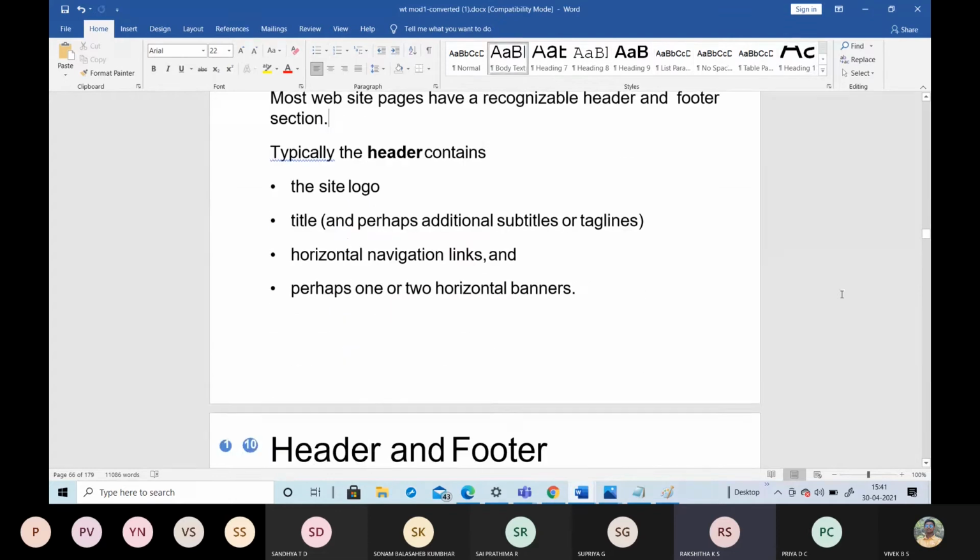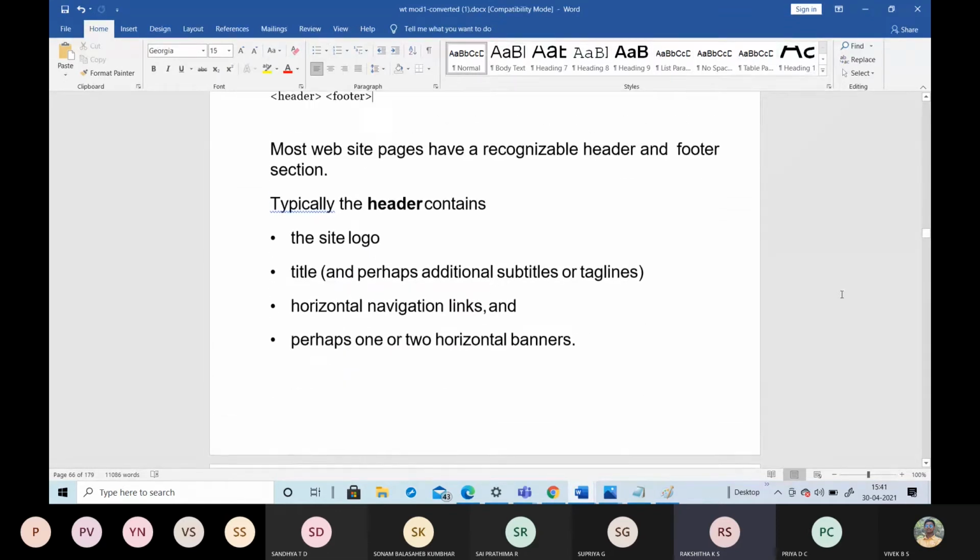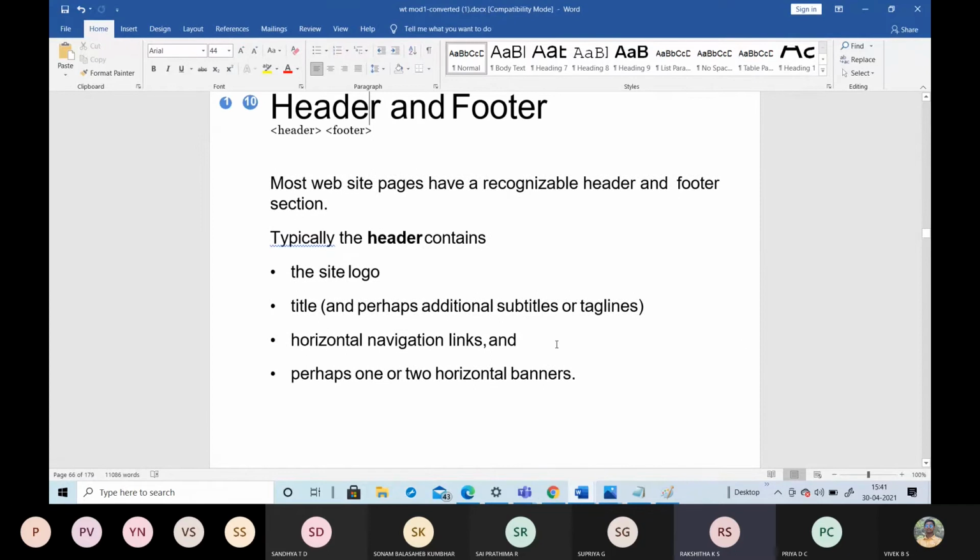First is the header and footer. So what are the header and footer? Typically the header contains the site logo, a title, any links, or a horizontal banner. The header element typically contains one or more headings, a logo, or authorship information.